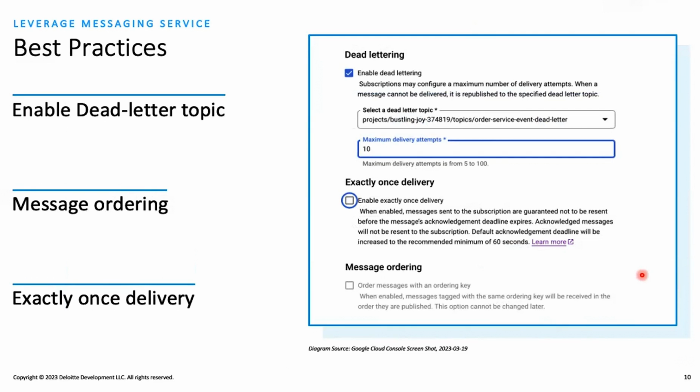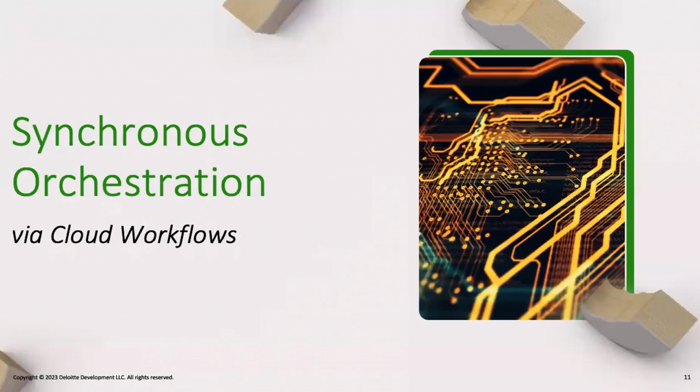And also, if exactly once delivery is important, you should change the subscription delivery type from push to pull and enable exactly once delivery. Once enabled, messages sent to the subscription are guaranteed not to be resent before the message's acknowledgement deadline expires. And acknowledged messages will not be resent to the subscription. So that is the first architecture design pattern, using asynchronous choreography